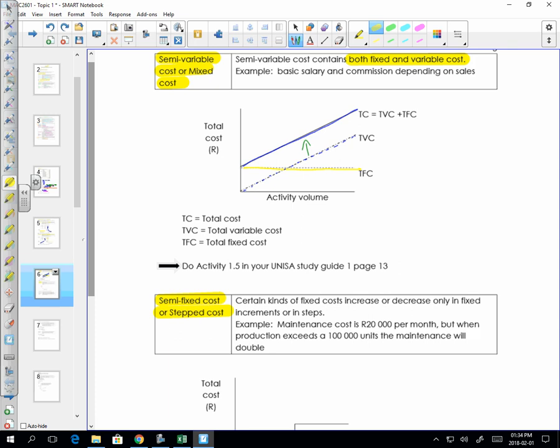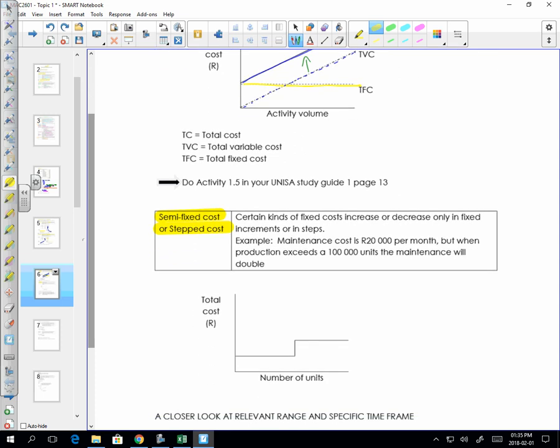We also call them stepped costs. So now if you look at our room, and it can seat maybe 50, let's just say it seats 50 people. As soon as I've got 51 students, I can't sit in this class anymore. Then I've got to rent a second room. Does that make sense? So a stepped cost, certain types of costs increase or decrease in fixed increments,